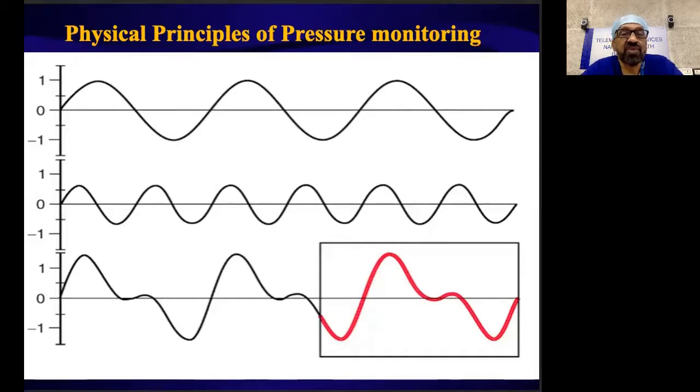The physical principles of pressure monitoring are highlighted in this. We are aware that the arterial blood pressure waveform is produced by summation of sine waves. The fundamental wave is added to 63% of the second harmonic wave. This results in the pressure waveform resembling a typical arterial blood pressure waveform. Invasive blood pressure monitoring systems are underdamped second order dynamic systems that demonstrate simple harmonic motion, which is dependent on the elasticity, mass, and friction.